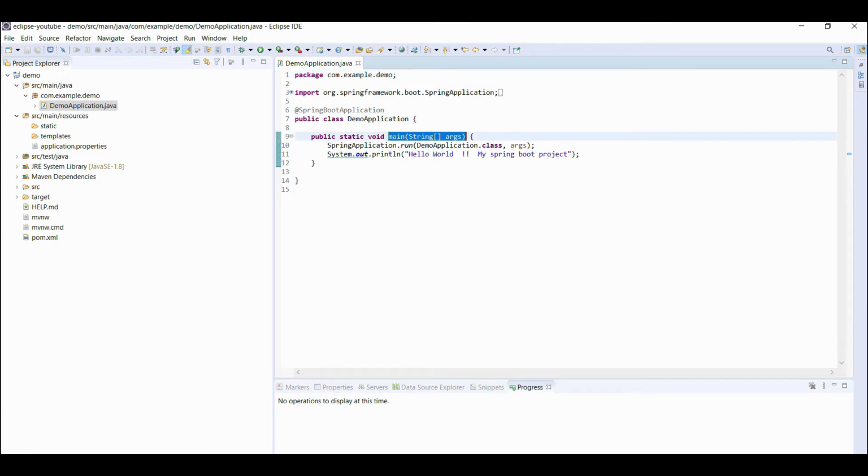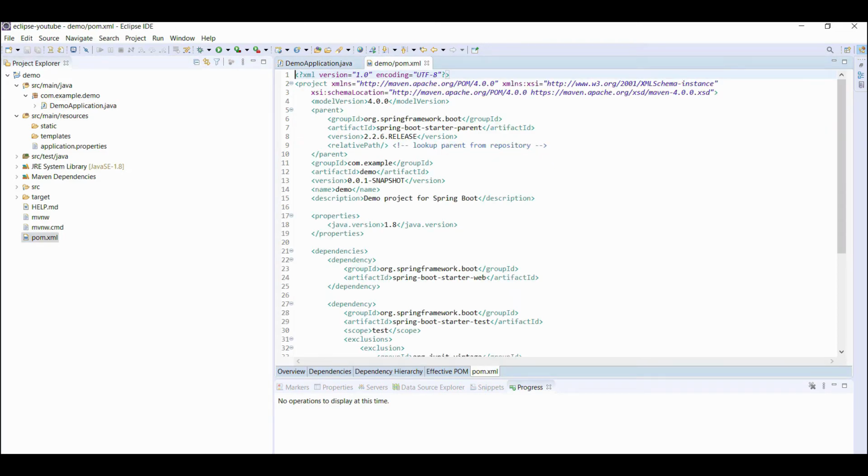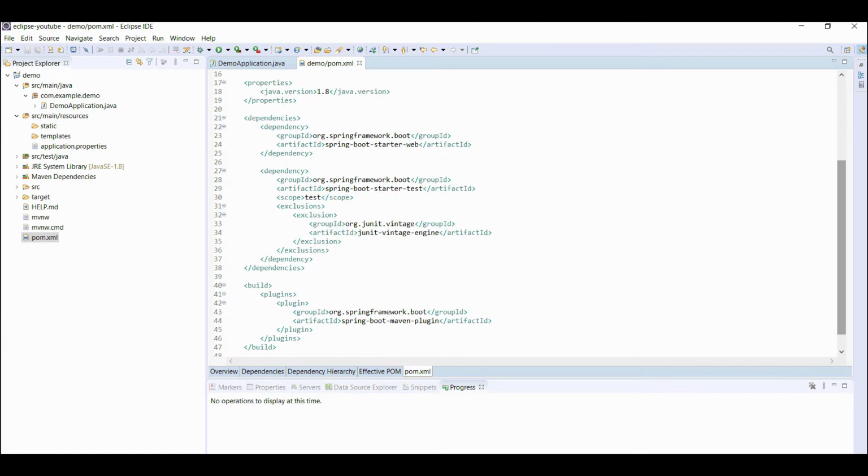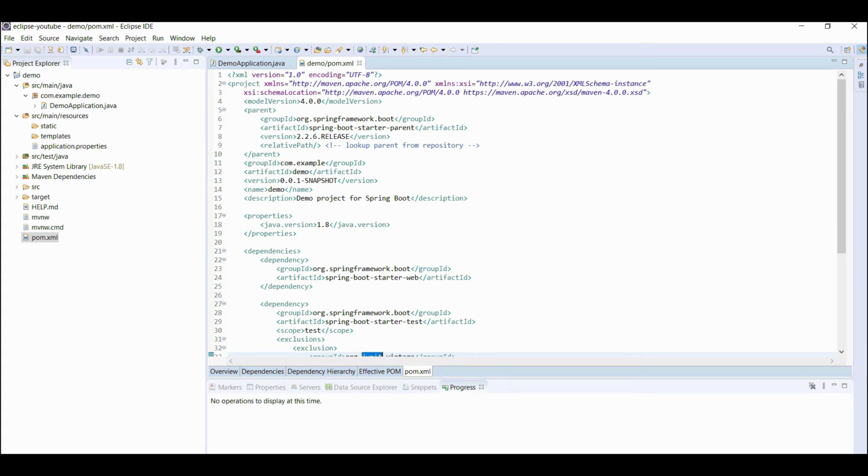Now the second most important file, pom.xml. This pom stands for project object model. To understand this file, it mainly contains whatever dependencies you have downloaded from the web. We have downloaded only web dependencies, but a few dependencies have come together with this project. That is the test dependency. This will be used to test your application. So you have to understand mainly one thing here, that this pom.xml file contains your project dependencies as well as your project properties like project name, project description, Spring Boot version.